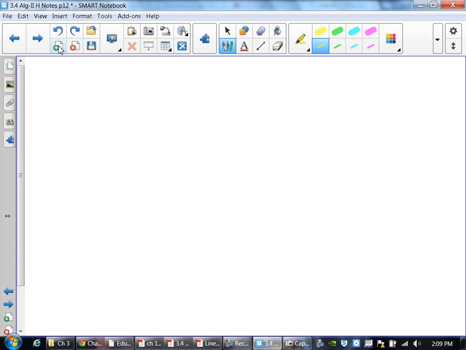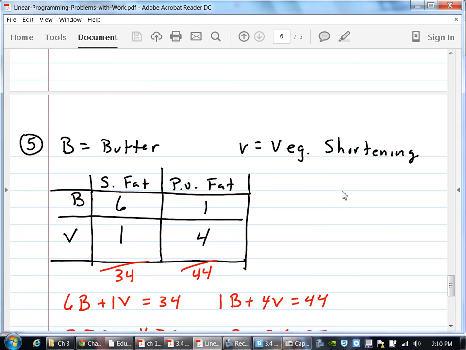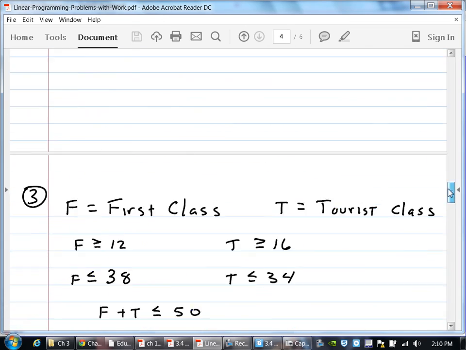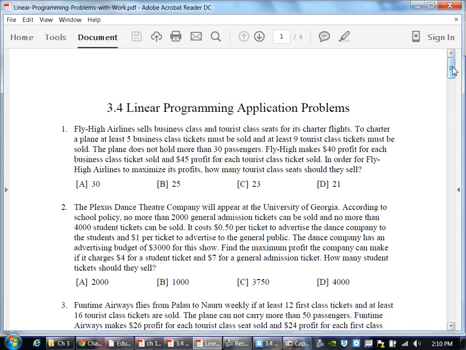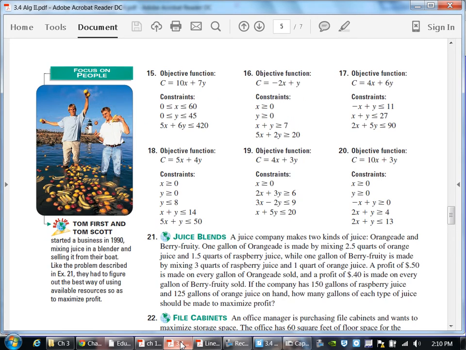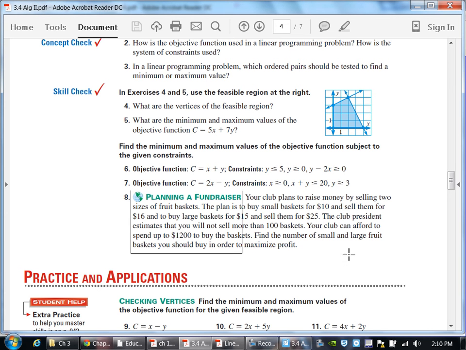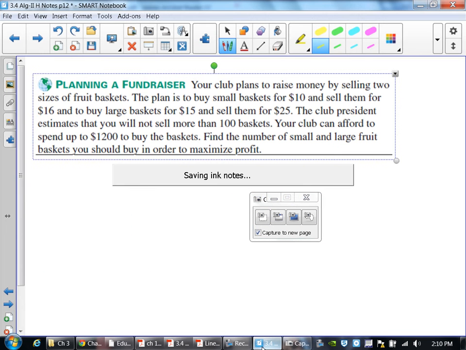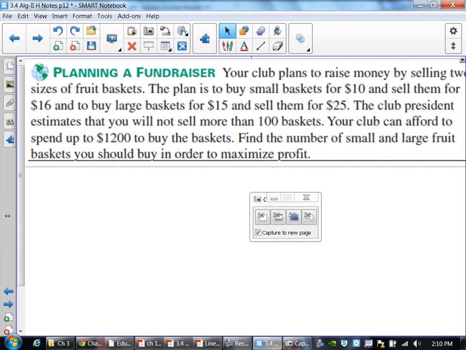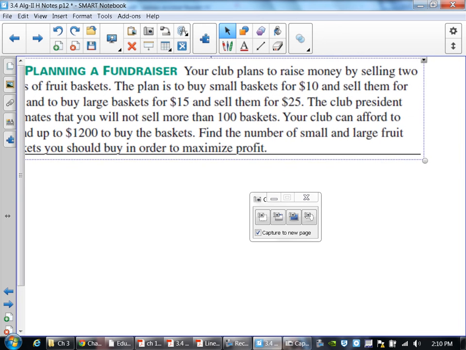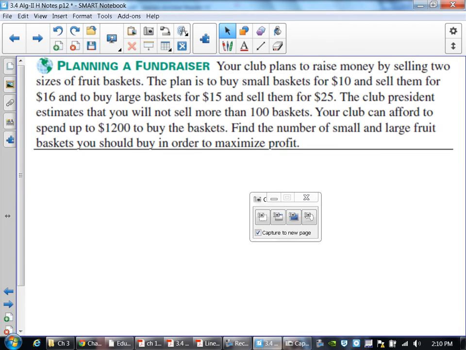And I want to read through with you guys how these things are going to look. Oops, wrong one, sorry. I am going to start with the fundraiser one, as you get it. So, what we're looking at here